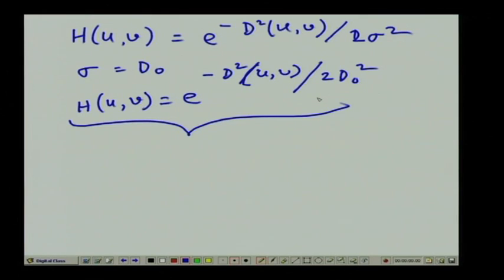So, this is the kind of Lowpass filtering operation or smoothing operation that we can have. We can also have high frequency operations, or sharpening filters, in the frequency domain. As Lowpass filters give the smoothing effect, the sharpening effect is given by the Highpass filter. Again, we can have the ideal Highpass filter, the Butterworth Highpass filter, and the Gaussian Highpass filter. Just in the reverse way, we can define an ideal Highpass filter as,